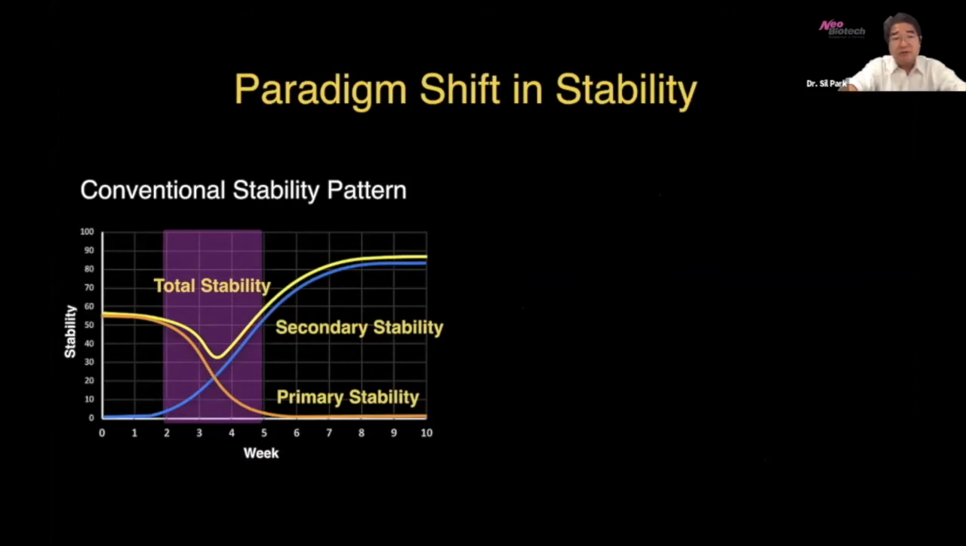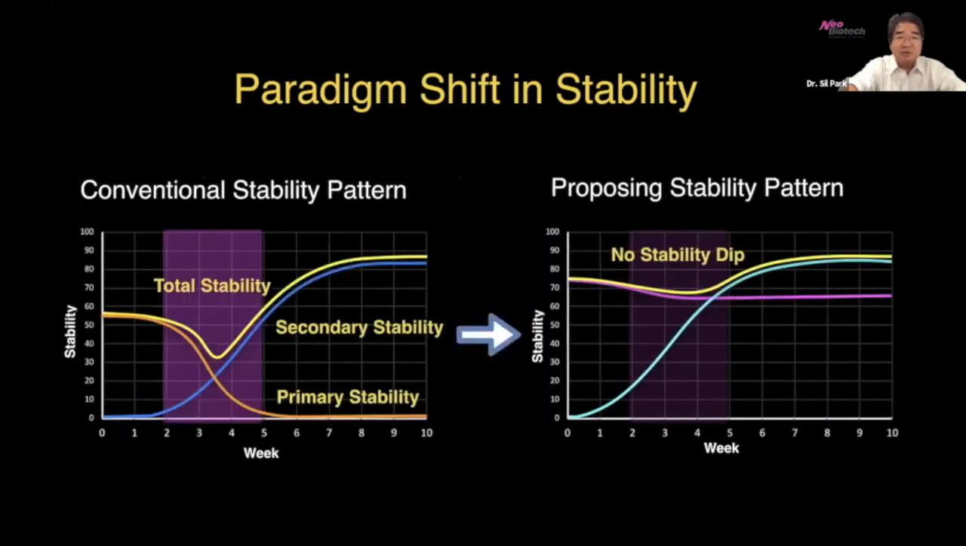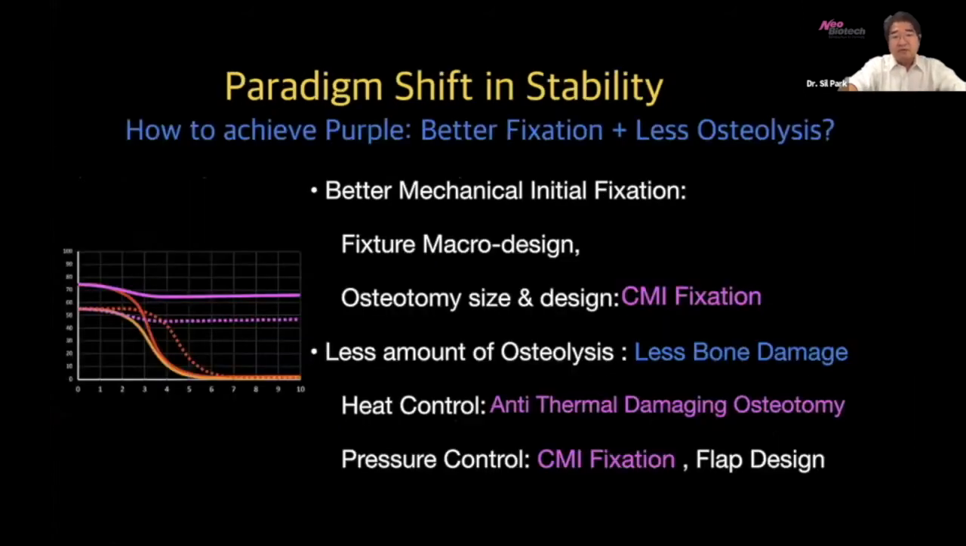These days, we do a lot of immediate loading, and also at Neobiotech, we claim that anytime loading is also possible. So the bottom line is that the conventional stability pattern moves to the new stability pattern over here. As you can see, we try to move our primary stability up really high, and the secondary stability is quicker in time, going to be faster and faster. Is it possible? Well, based on my research for the last 10 years, and Neobiotech's research and effort,